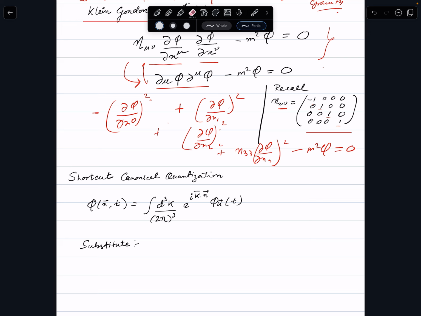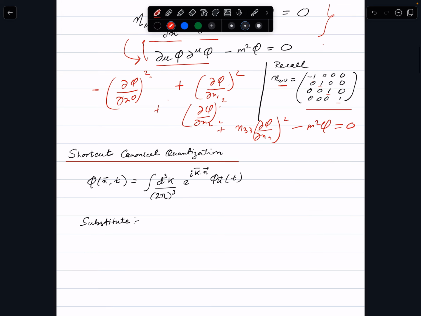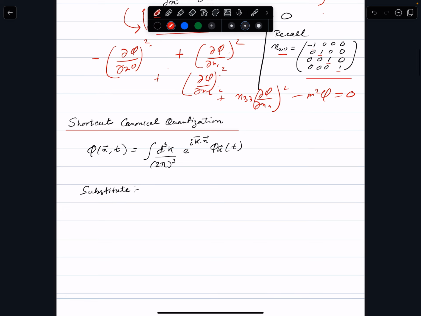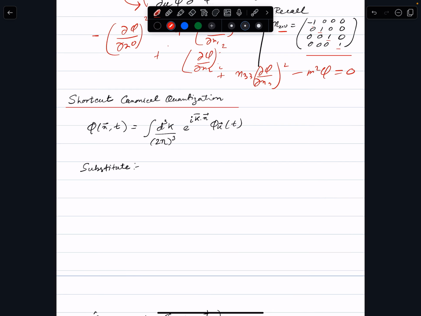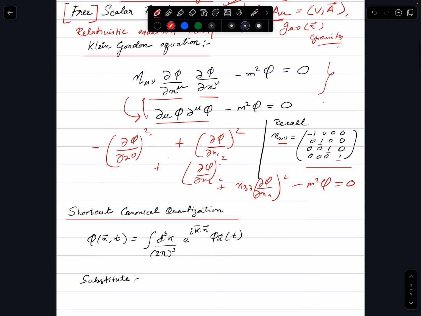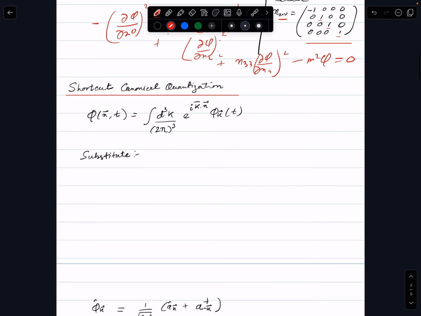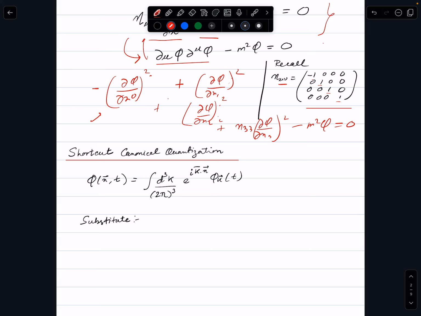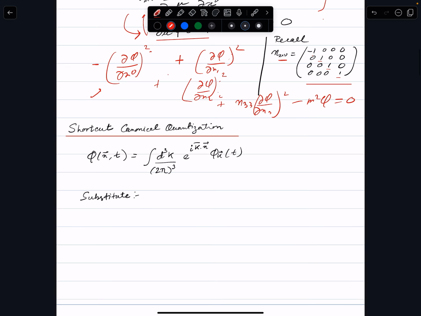So first let's take our usual shortcut method and try to decompose this theory into Fourier modes. Start with the field, take a Fourier expansion, and now substitute this in the equation of motion, which is this. So how do we do this? First let's say we want del 2 phi del x naught square. So that is,